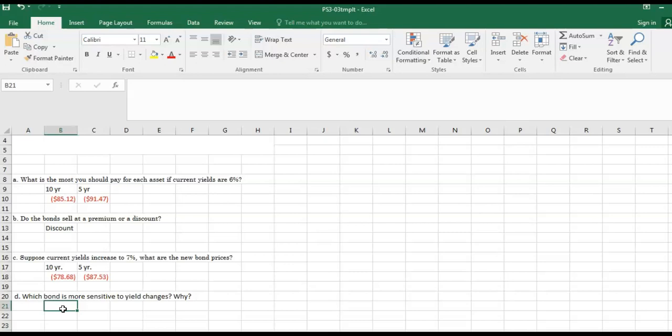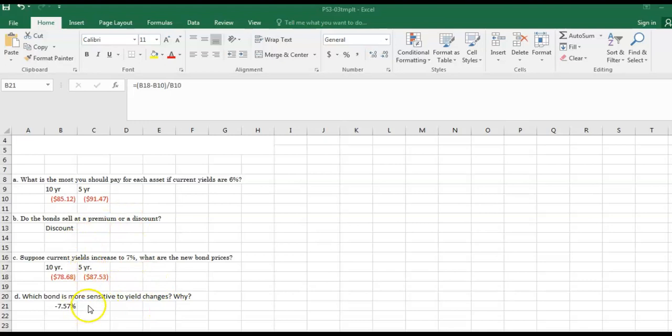But we did give ourselves the means of calculating this in class. We said, well, what's the percentage change? So I'm going to take my new price minus my old price and divide that by my original price. And this will give me a percentage change, where you can see it's trying to hold on to that dollar value for me. This is a percent change, and I'll give myself back a couple of decimal places to get a more accurate answer for this percentage change. All right, so we have a negative 7.5, nearly 7.6% change in prices,